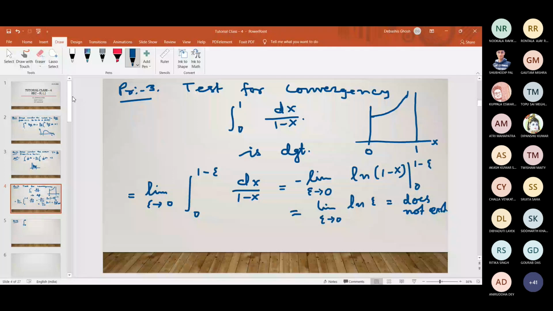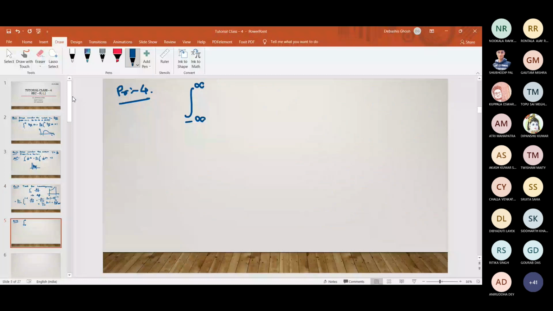Sir, I have problems with how to find that mu. X to the power mu, how will we find that mu? Okay, if you have any problem, you tell me. I will try to solve it. Yes, sir. In the assignment PDF, Problem one, when you are doing X to the power mu, that mu is the problem. One minute, sir.